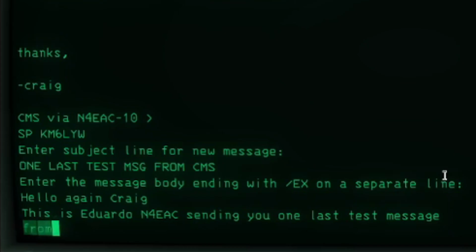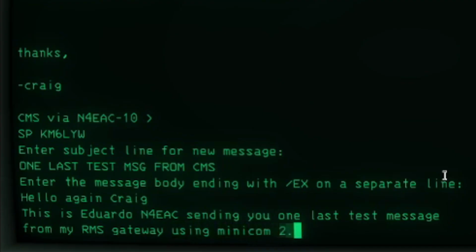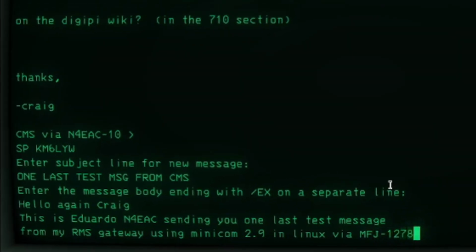Message from my RMS gateway. I can't spell today. Gateway using Minicom 2.9 in Linux, connect via MFJ 1278 external TNC,